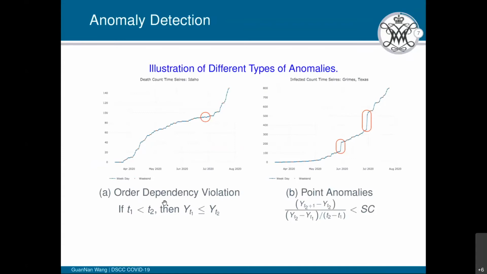Originally, the order dependency is widely used in the relational database. And in this project, we just incorporate this concept into the anomaly detection and data repairing process for the cumulative time series. So here, order dependency means that the cumulative time series can never decrease. Meanwhile, a point anomaly or an outlier refers to the situation where there is one day of a sudden increase in the cumulative or the daily new time series. This can also be considered as a violation of the speed constraint. So we use the speed to test whether we have these kinds of anomalies.